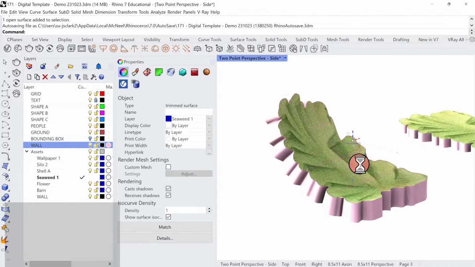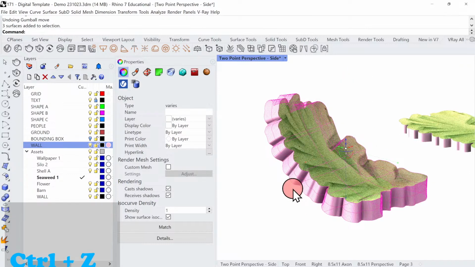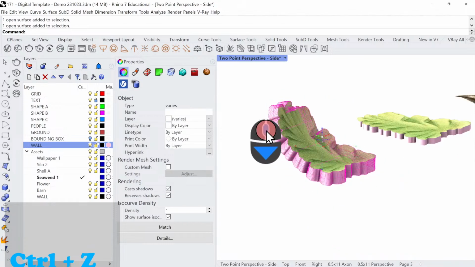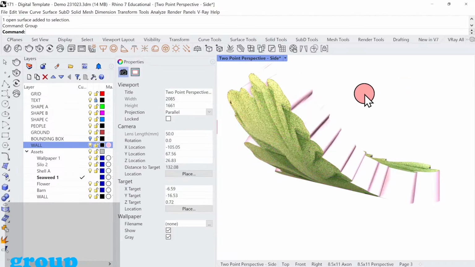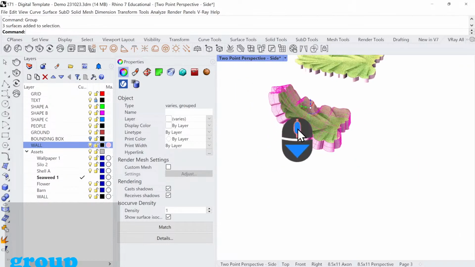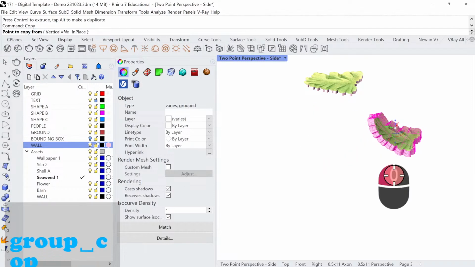And at this point, if we start to get these little constructions and you're finding it annoying to have to select everything all the time, or click one, hold shift, click the other one, rather than joining them, rather than welding them at their edges, I can just group them. And by grouping them, they're still on separate layers, they're still individual objects, but I can just click once and then I can copy it